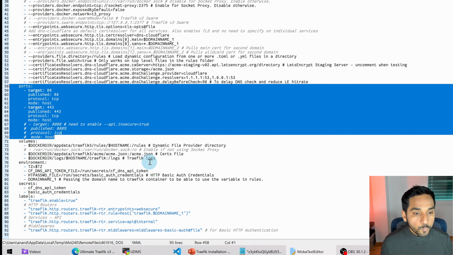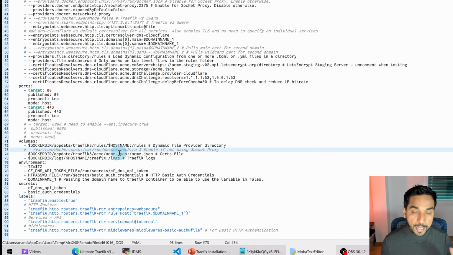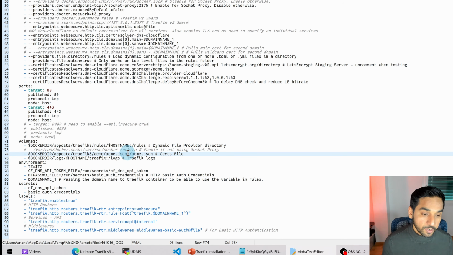Okay, so moving on, volumes, we are specifying the rules folder where it is on the host side and where it will be inside the Traefik container, which is /rules. We are disabling access to Docker socket because that's going to come through the socket proxy. We are passing on the acme.json from host to inside the container /acme.json. And finally, the Traefik logs folder we created will be